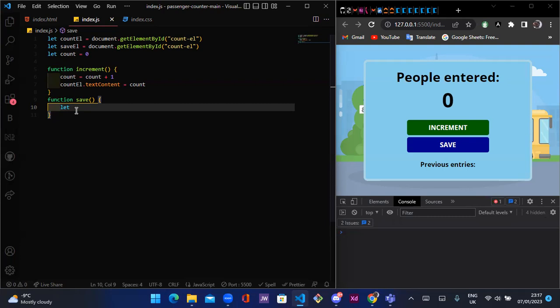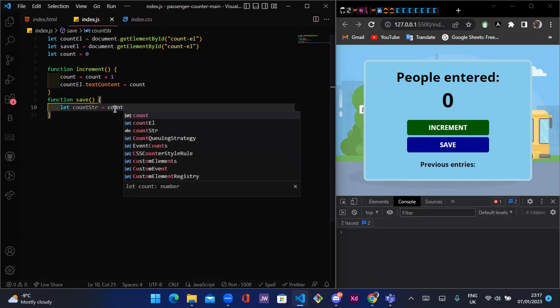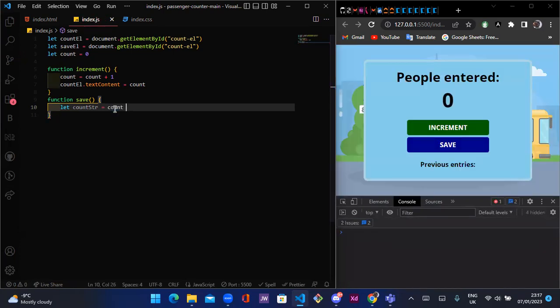Then we name it, let's say, countString, equal to the count keyword plus